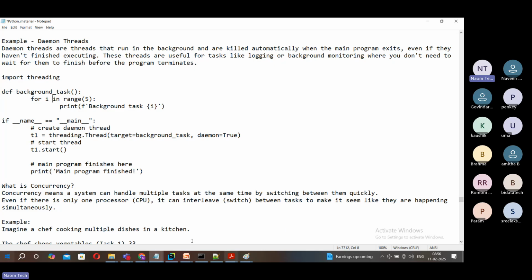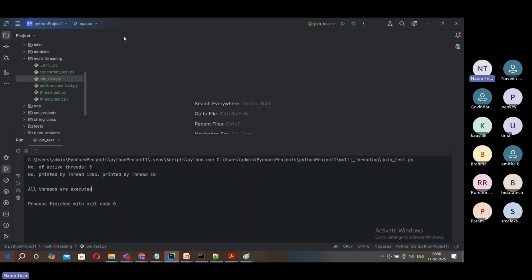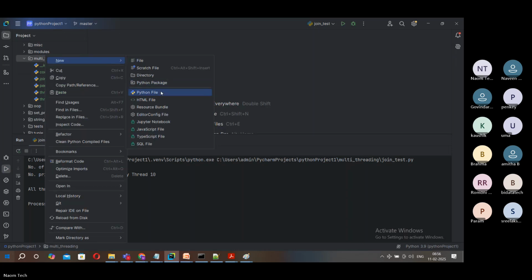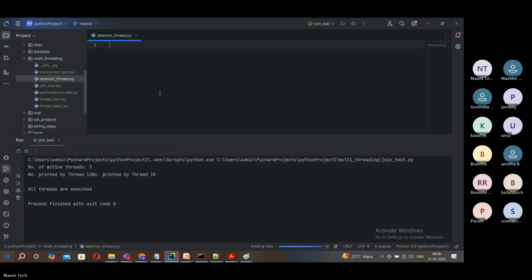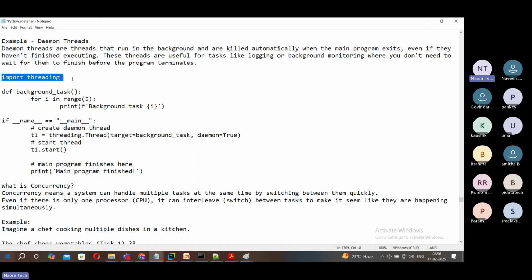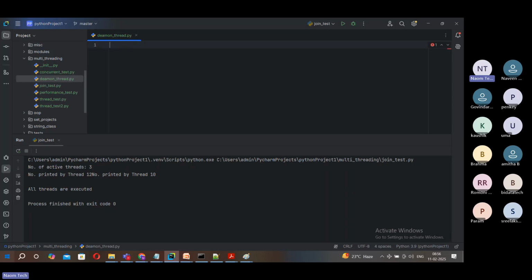Let us do one thing. Let us create a simple program to talk about daemon threads, a new Python file, daemon underscore thread. Okay, maybe what you can do, you can import this, just this one. I'll just create a program so that it's easy for you to follow. So what you can do, you can say background underscore something like thread, and then colon. If you want, you can pass a parameter,